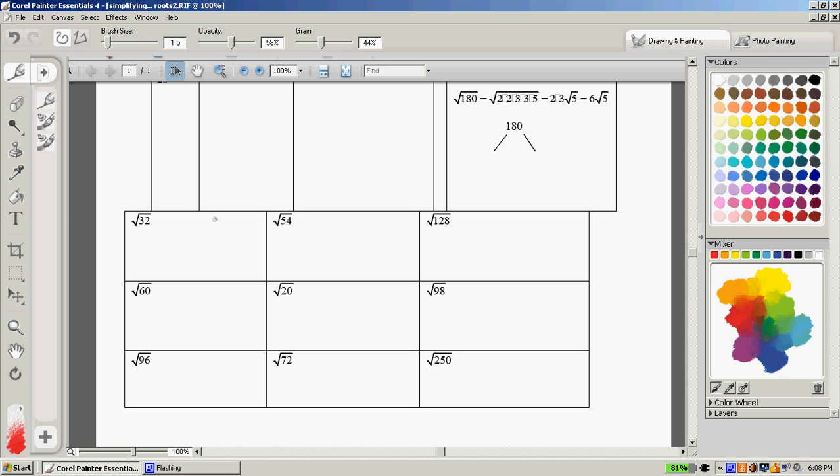Now let's go ahead and do our factor tree for 32. 32 can be broken down into 2 and 16. 16 can be broken down into 2 and 8. 8 into 2 and 4. 4 into 2 and 2. I'm going to go ahead and circle